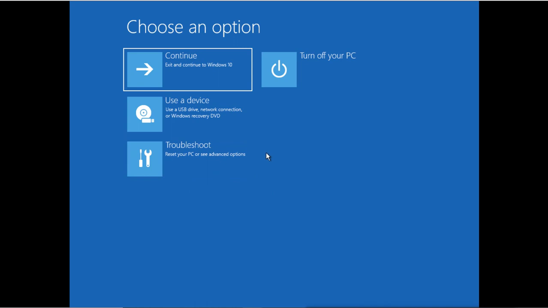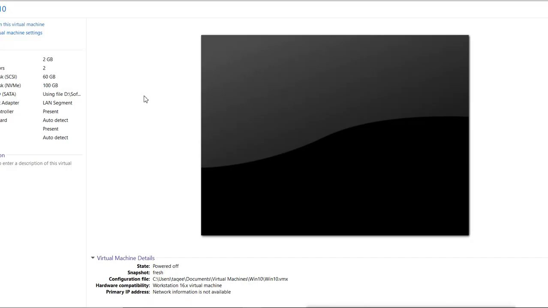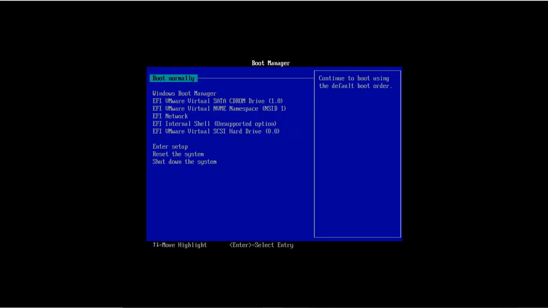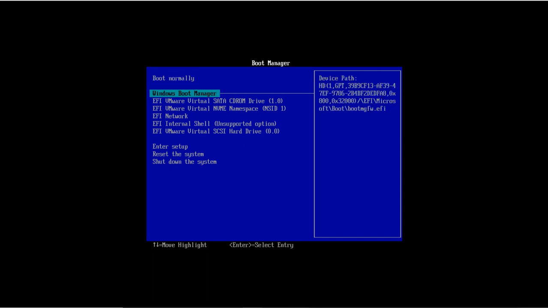So what I will do, I will reboot the system, and I will go to the BIOS, and now I will boot it from the DVD, the installation DVD, or if you have created the recovery DVD, then you can boot from that recovery DVD.